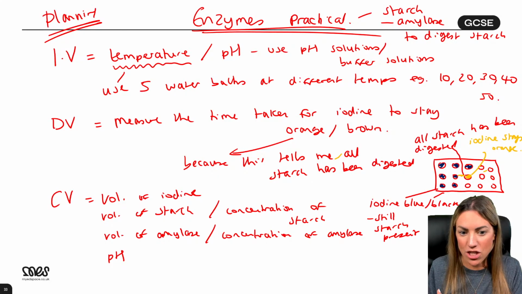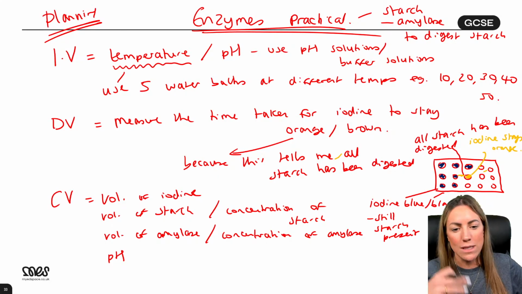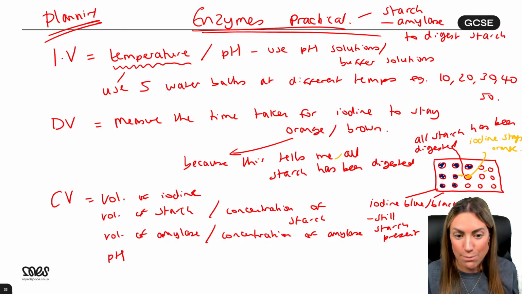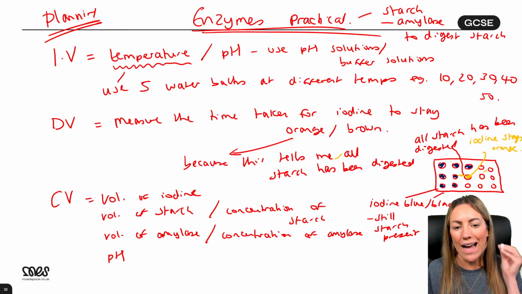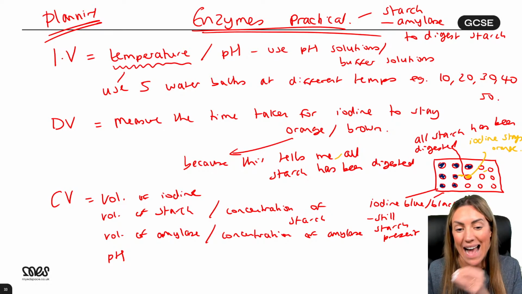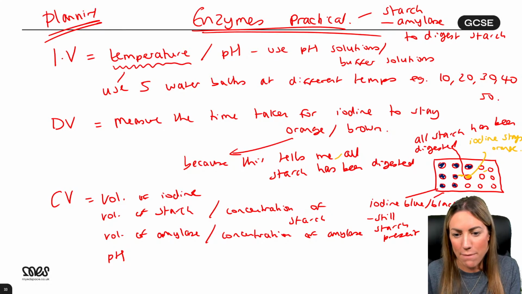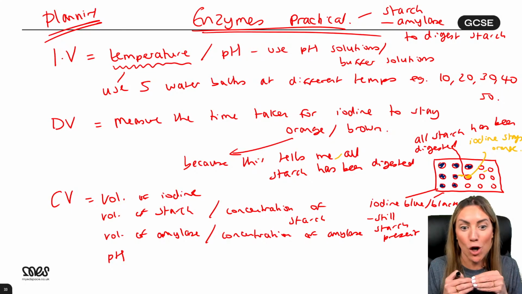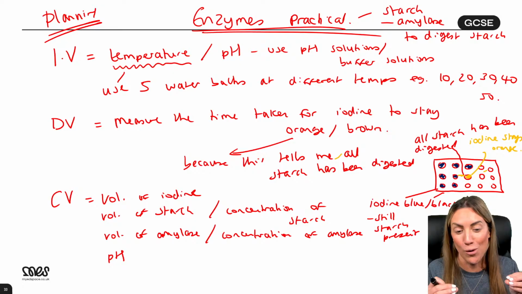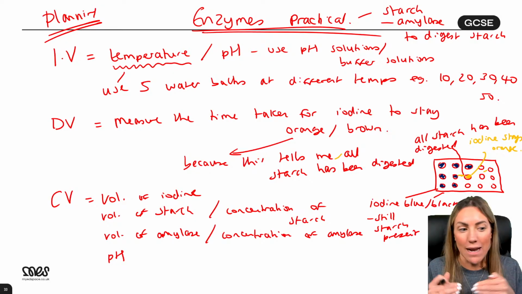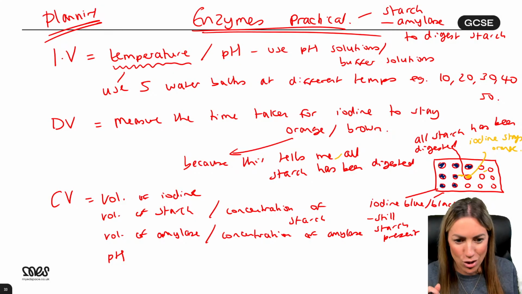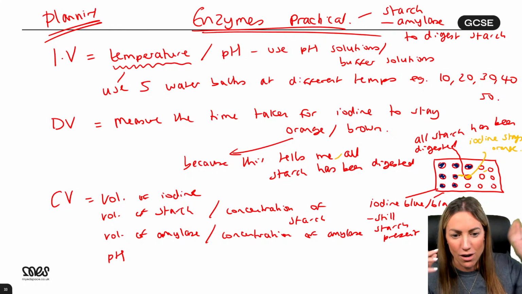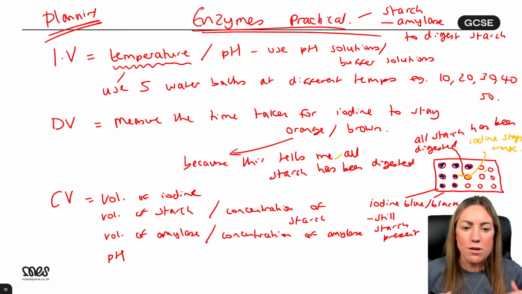Have I said how I'll change it? For example, I'll have 5 water baths set up at 5 different temperatures. Have I done my dependent variable? Have I explained how I'm going to measure it? And have I got at least 3 control variables that I have to keep the same so they don't affect my results? Okay. Yeah, listing the control variables is like one of the most important things. It limits you. Like if you've only got 1 control variable, you're like stuck at 3 marks. If you've got 3 control variables, you can get 6 as long as you've got the rest of the method okay. Again, you can use bullet points for a method.